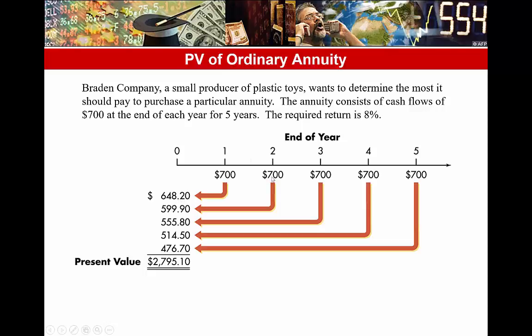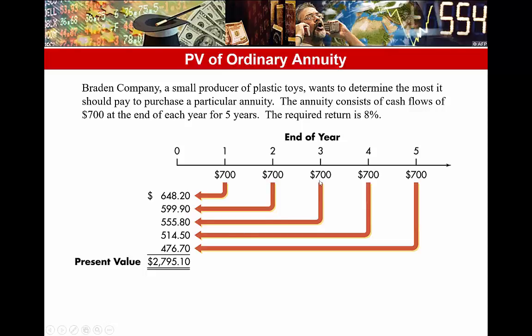The second cash flow will be discounted 2 periods, so it is going to be divided by (1 plus 0.08) to the power 2, so discounting it 2 periods produces